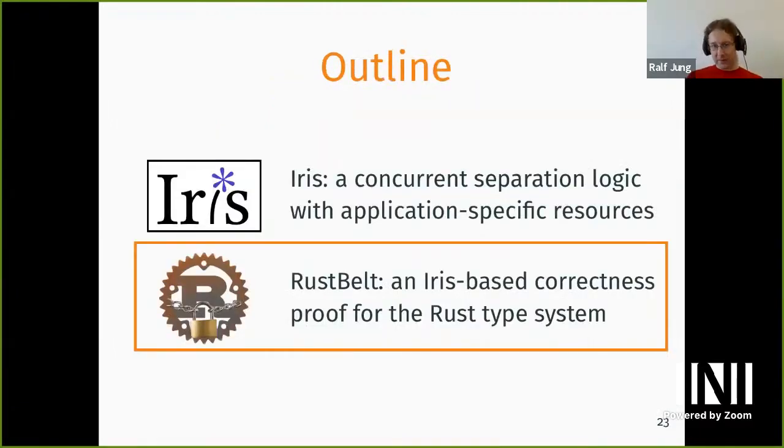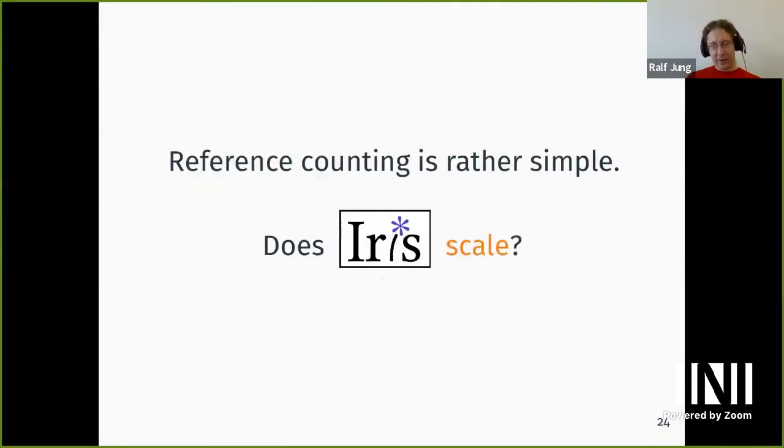All right, so in the second part of this talk, I want to talk a bit about Rust. The idea here is that I've just demonstrated how we're using Iris to verify a fairly simple specification for a very simple piece of code. And the proof wasn't entirely simple. So you might wonder, does this even scale? Can we use Iris to prove anything interesting about anything real? And I would like to convince you that yes, we can, by talking about what we have done with Iris,